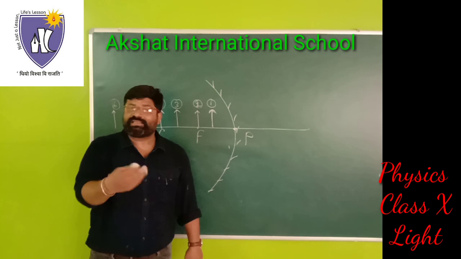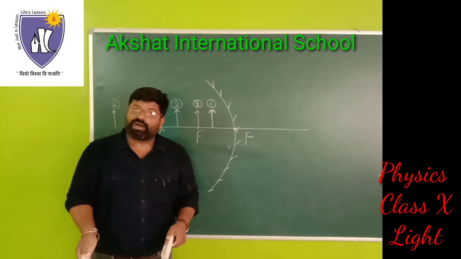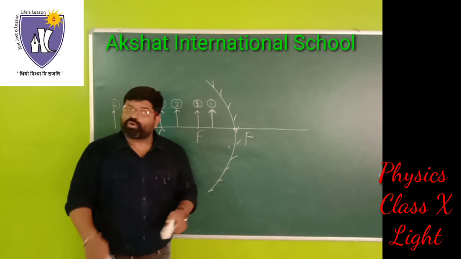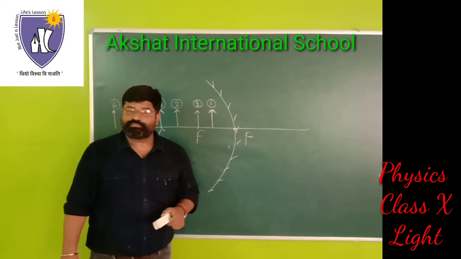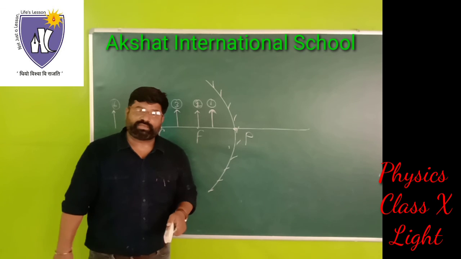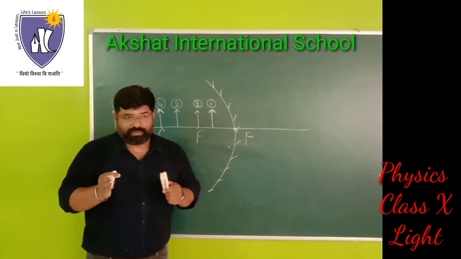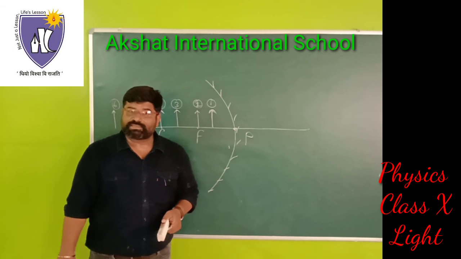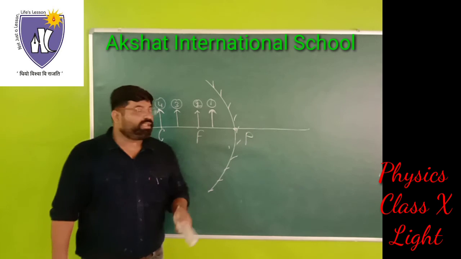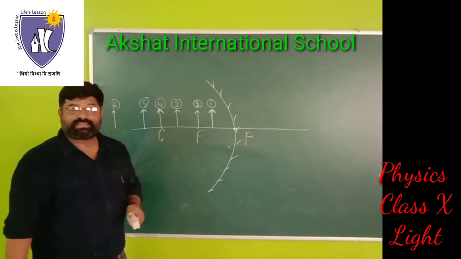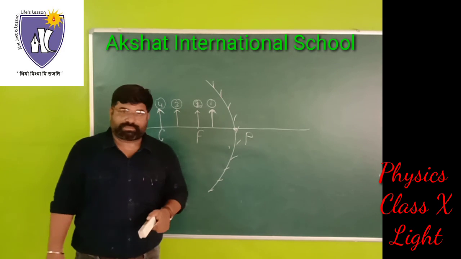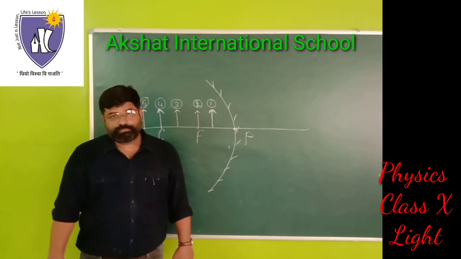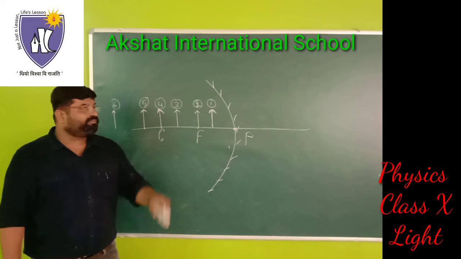Because in numericals, basically we have to find the position of the image, the position of the object, or the focal length, or the radius of curvature, height of the image, height of the object. So these are the few variables which we have to find by using some formulas. So it will be very helpful if we know all these 6 cases theoretically; we can solve the numericals. That we'll see in our next video. So these are the 6 different cases.